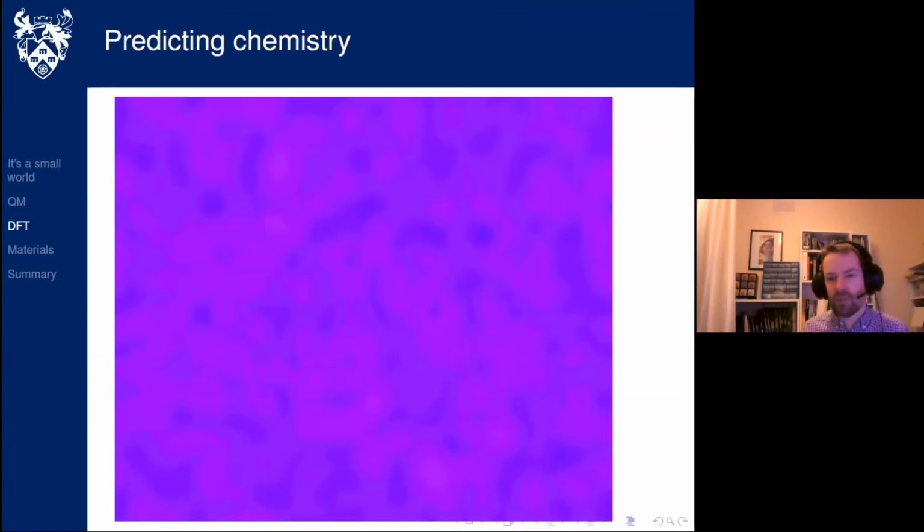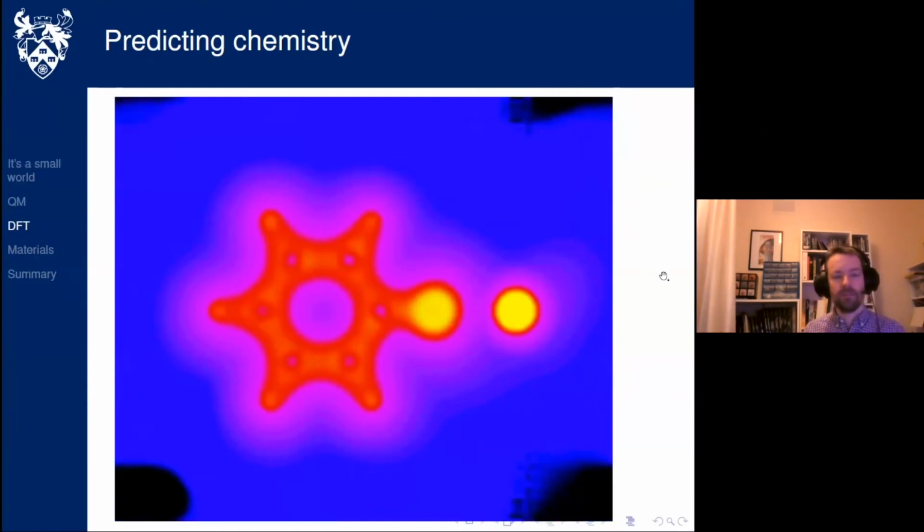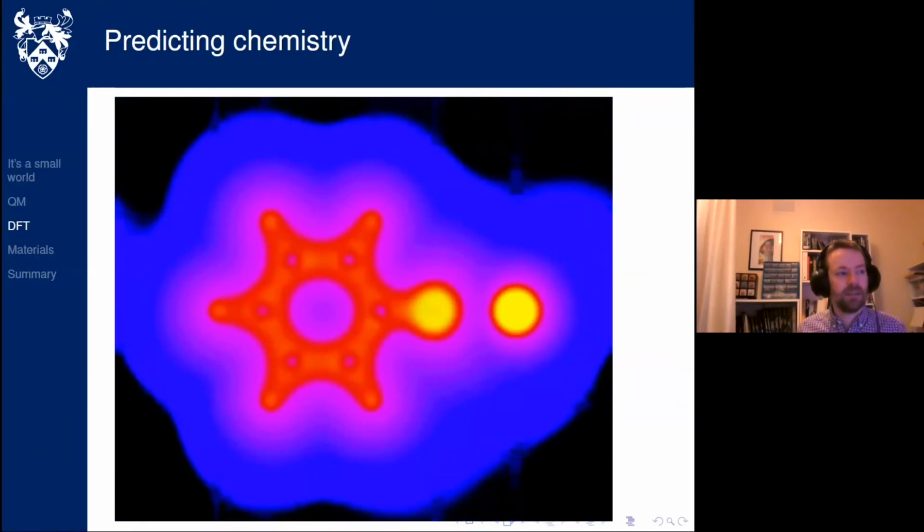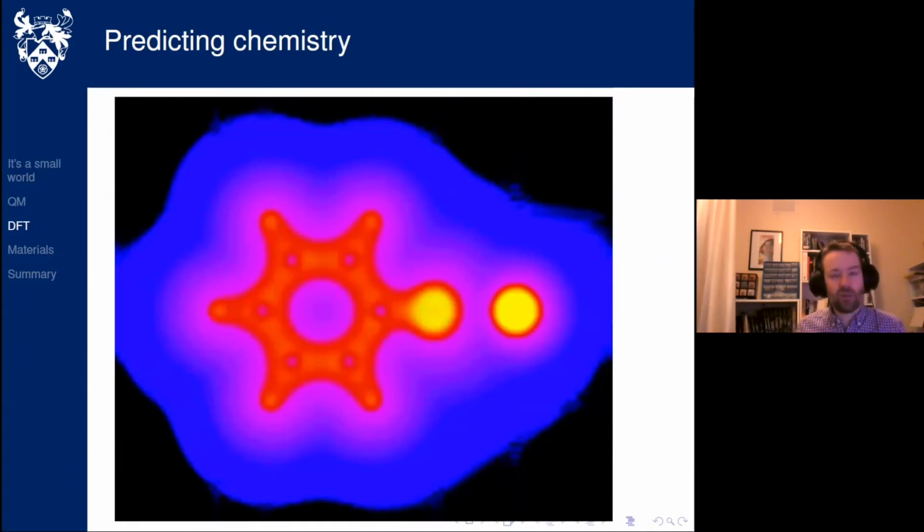So dark areas mean not many electrons. Light areas mean lots of electrons, okay? And I throw them in randomly, which means I start with this kind of mush of electrons. What happens as I get the computer to refine it? It will refine it in a series of about 10 steps, so you'll see jumps as it refines it. Now, what you'll see here is that electrons very, very quickly go from being randomly smeared in space to sitting on something that looks very much like a molecule.